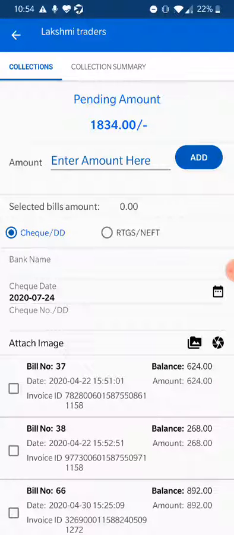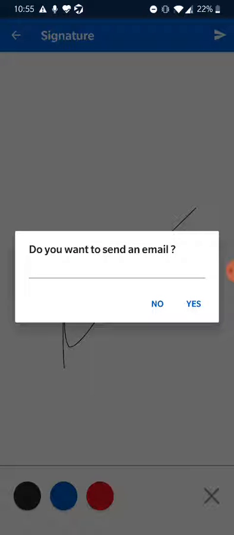Here, after that, I can take any collection information from that retailer to my distributor. Please note that if you are not conducting any collection related activity, please disregard this particular screen and go straight to the collection summary and click on next. Here you can just enter your sign and submit. As soon as it gives you the option to submit, you can enter the email ID of your distributor. This order will go to your distributor as soon as you enter your email ID.